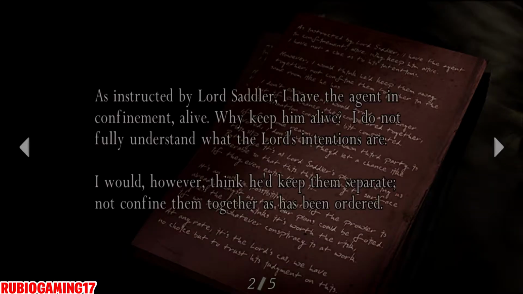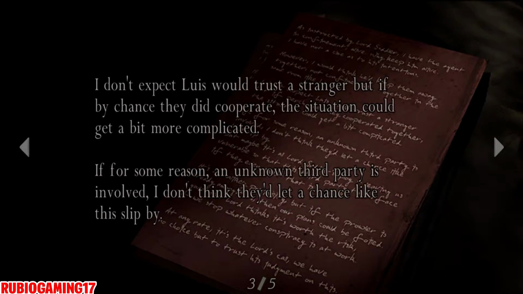The Chief's note. As instructed by Lord Saddler, I have the agent in confinement alive. I keep him alive. I do not fully understand what the Lord's intentions are. I would, however, think he'd keep them separate, not confine them together as has been ordered. I don't expect Luis would trust a stranger, but if by chance they did cooperate, the situation could get a